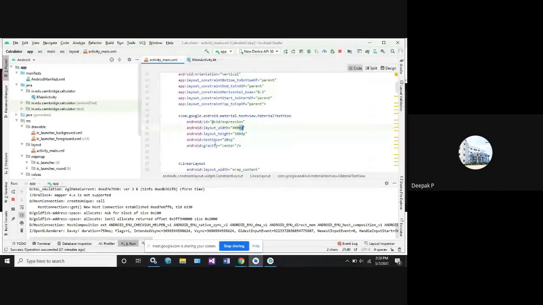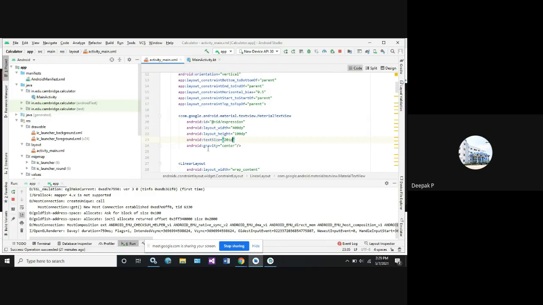Whereas when it comes to the text size or any content that we are going to write, there you can write it as SP. So SP means scale independent. So the size of the text contents in the text view can be modified afterwards. Whereas whenever we fix this content, we can modify the density pixel also, but the quality of the density pixels will be controlled by the app. Whereas the text size contents can be modified by the user end.